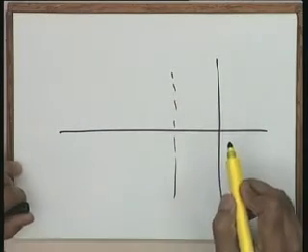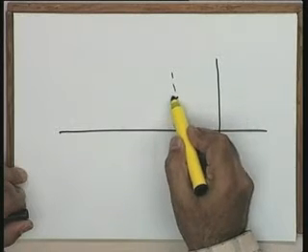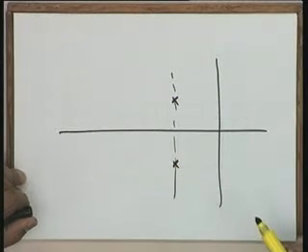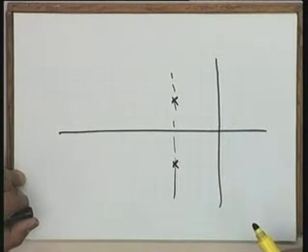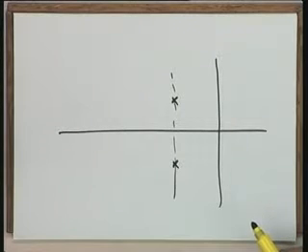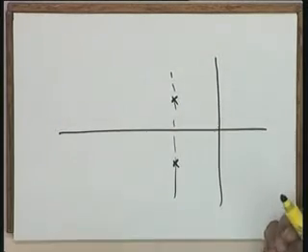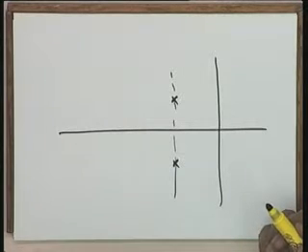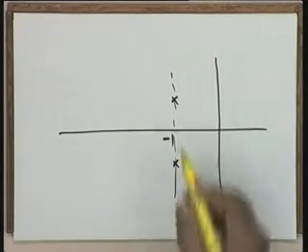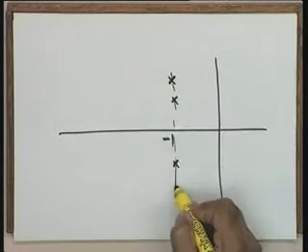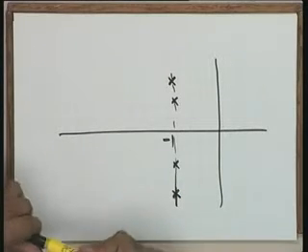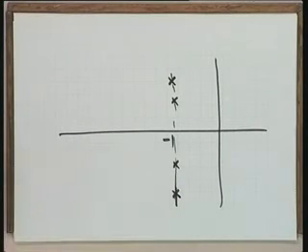Corresponding to k is equal to 60, what are the roots? The roots are here. Corresponding to k is equal to 100, can you help me with the real part of the roots? Just change k is equal to 100, the real part of the roots is going to be the same, it is -1. Okay? Real part of the roots is -1. So, corresponding to k is equal to 100, the open loop poles of the function f(s) are the following.